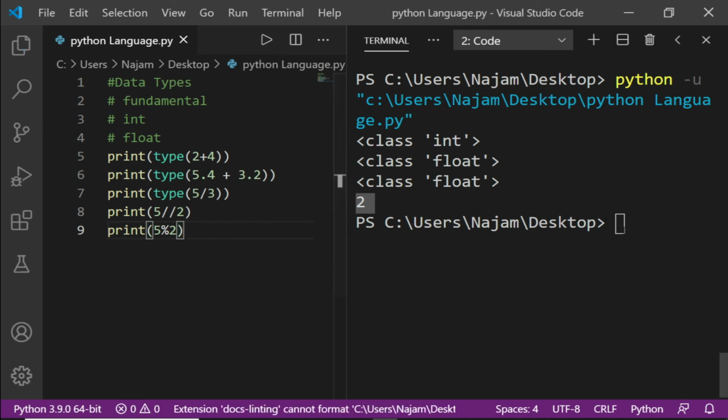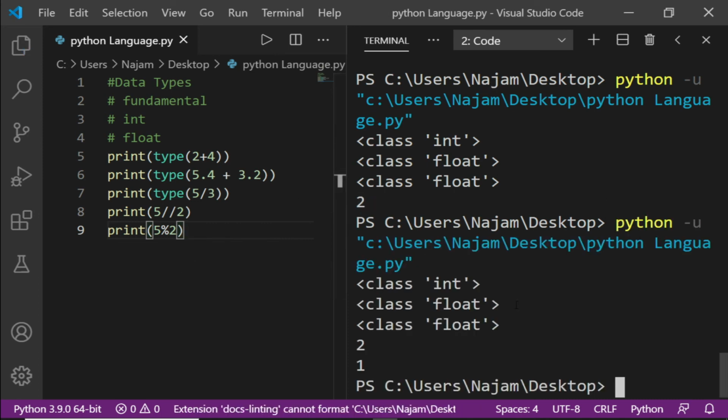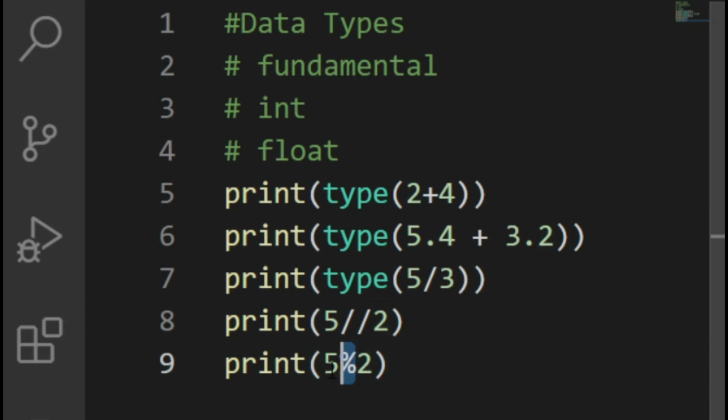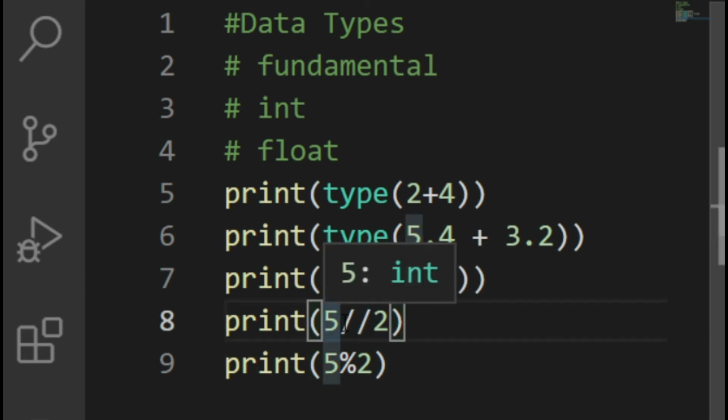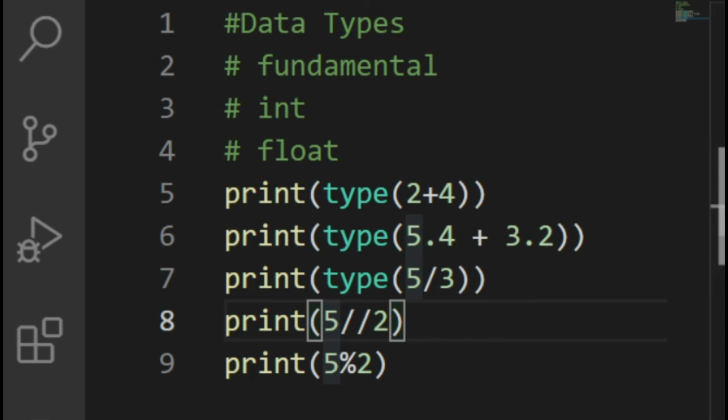What will be the output? 1. Why? This means what will be the remainder? This means how much is left when divided without the point number. 2 and 1. It is shown here.